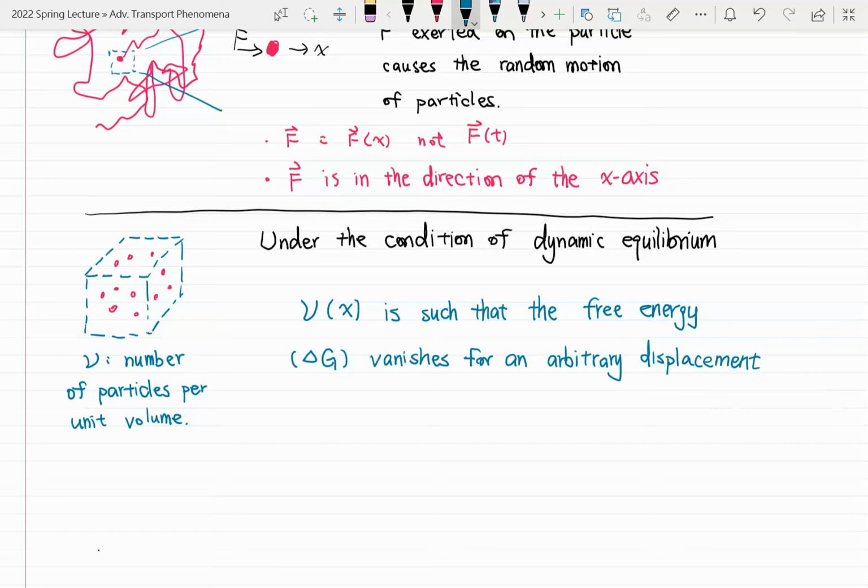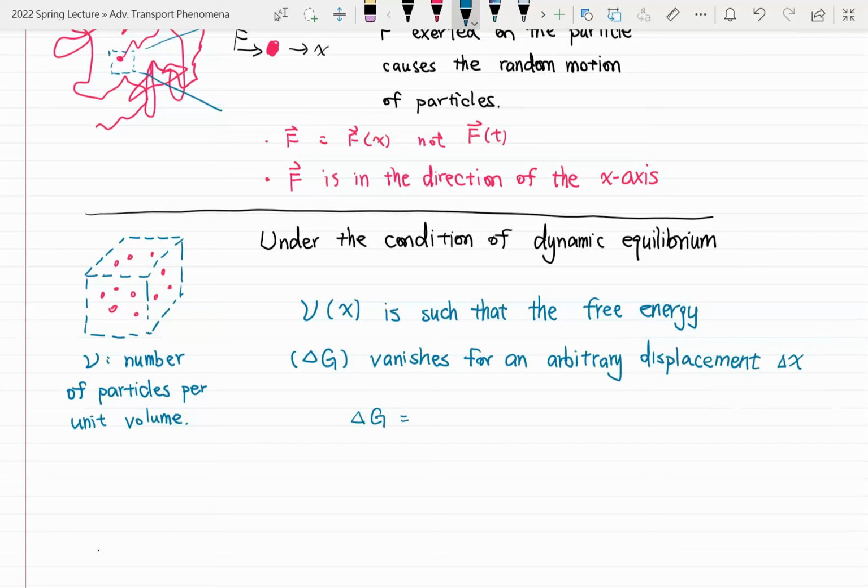So if you look at the individual particles, the energy is not conserved, but if you look at all the particles together, the energy should be conserved, and delta G should be 0. Okay? So it's going to be vanishing for an arbitrary displacement. We'll call that delta X. If you put that into an equation, that means delta G